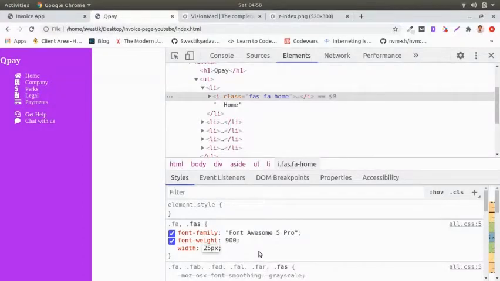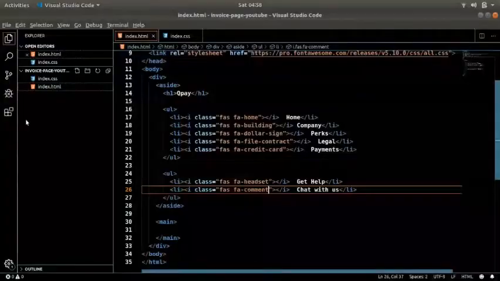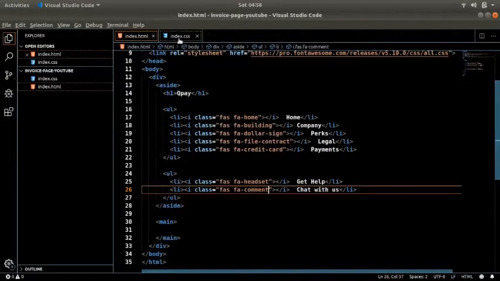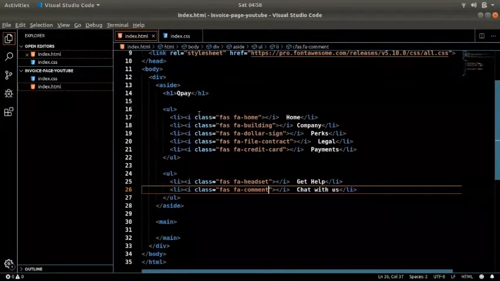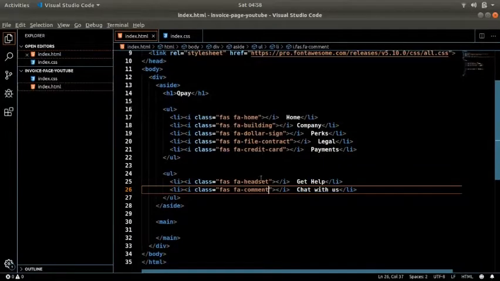So yes, that's what we have to do. We have to set the width of each icon so that the text starts from the same line. So that's what we are going to set now. We have these classes over here. FAS is the class that's everywhere, so we can use that.